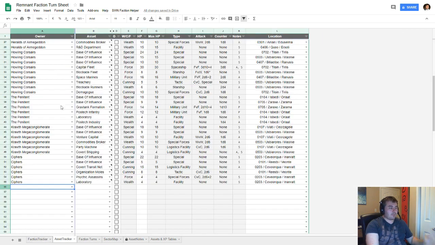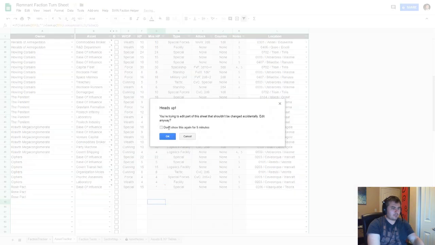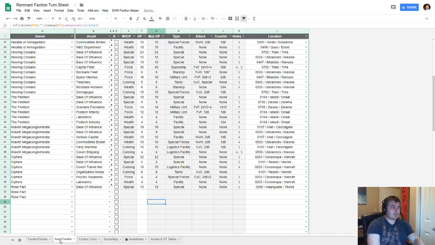So this is the last faction. Let's do their assets. Rose Pact, as a small faction, they have 1 base of influence. They have 2 assets. That's it. Their base of influence is on their home world of Theora. What is 15? 15. I'll double check, but I'm pretty sure it's 15. It is 15. Cool. And they will have a monopoly